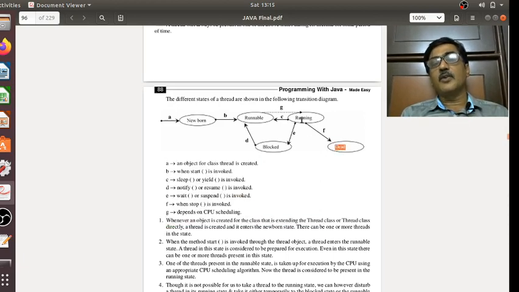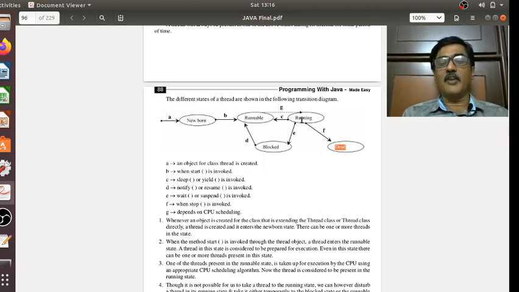If we want to disturb the order of execution of a running thread, we can use the stop method. The stop method prematurely kills a thread and takes it directly into the dead state. We then have other methods such as the wait method.